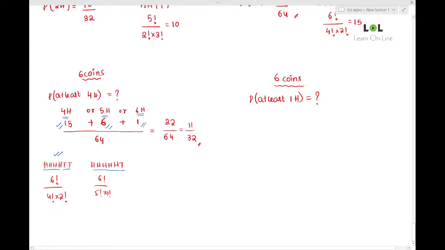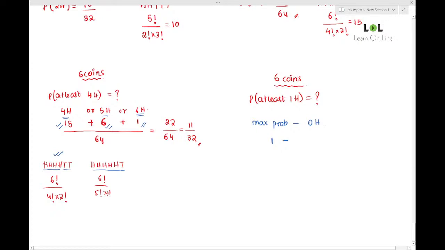Okay, so fine, let us go. At least 1 head means don't do 1 head or 2 heads or 3 heads and something like that. What you can do is, at least 1 head means you can get 1 head or 2 heads or 3 heads or 4 heads or 5 heads or 6 heads. Which one you don't want? You don't want 0 heads. Exactly, Chandana. Very good. What do we do? This is the maximum probability minus 0 heads, because we don't want 0 heads. Maximum probability is 1.